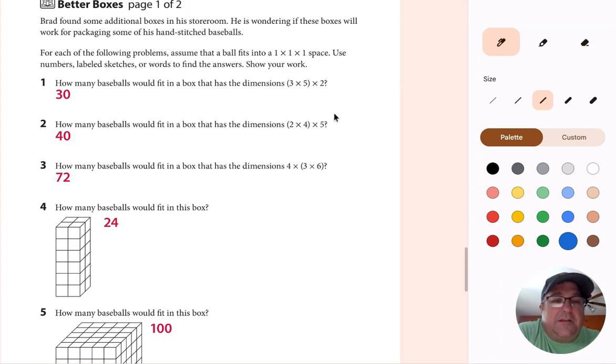Technically, you definitely do not need to draw a picture for all these. But again, we're going to go 3 by 5 by 2. That's kind of what we're thinking here. Yeah, something kind of like that. So if it's 3 units by 5 units, and it's 2 units tall, kind of bad example there. But yeah, you definitely don't have to have a picture there. You can just multiply those out. But that's how they would set up those